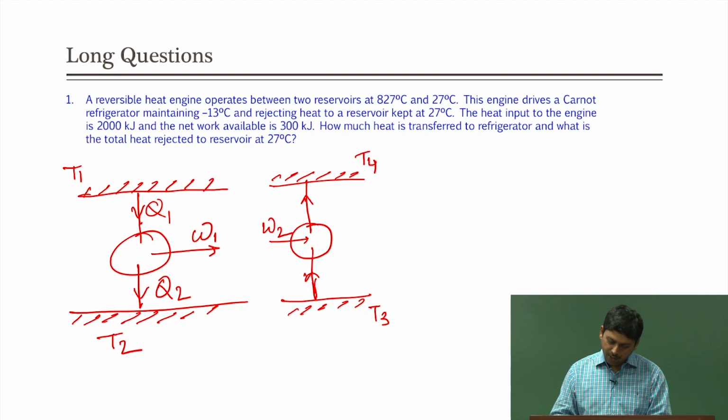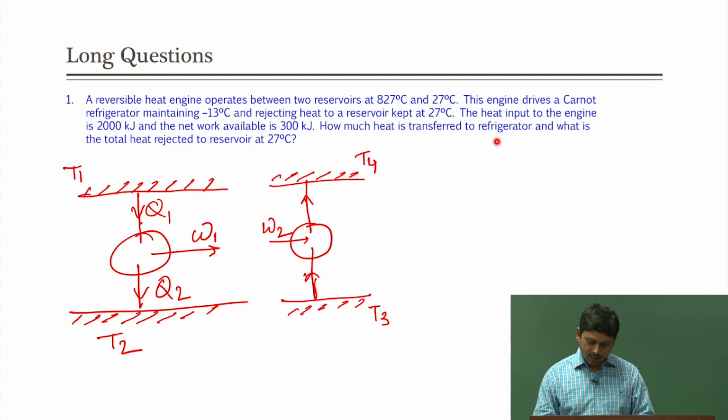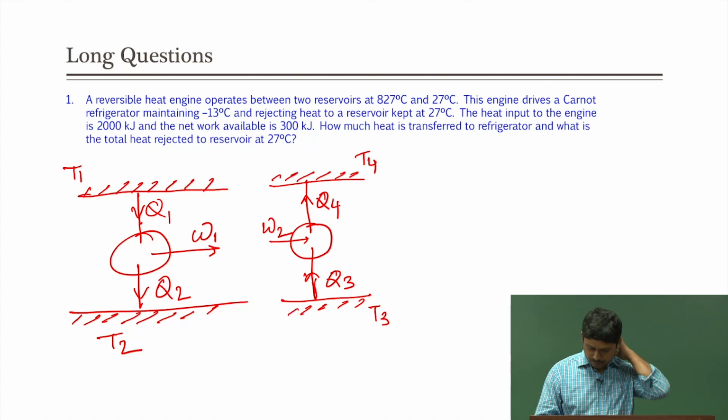Now, we have to find out how much heat is transferred to the refrigerator. So, let us call this Q3 and let us call that Q4. So, we have to find out what is the value of Q3